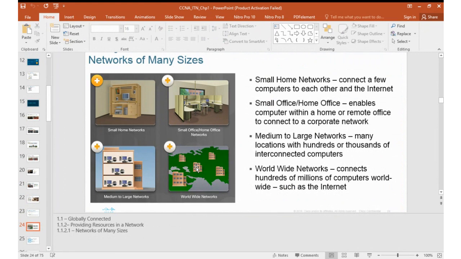Then we have the medium to large networks. Most of the time, we'll call them local area networks. Maybe it's a whole building that has a good number of people who are connected, or a good number of devices which are interacting together. Then, of course, we span and go to the wide area network, where we really have millions and millions of computers being put together in order to